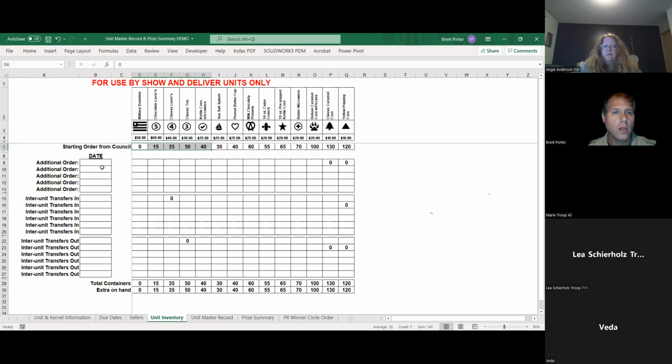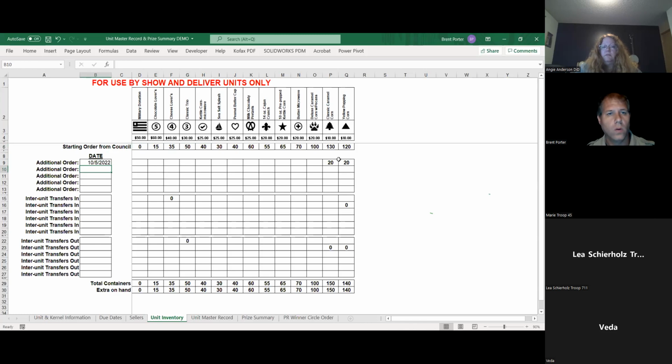Okay. Now we're going to assume that we're into the selling season on October 5th, that we had to put in an additional order because I saw that my numbers were getting kind of high. So I went in and I put in an additional order of caramel corn. Okay. That's something that you can do. You just need to reach out and put the order in with Linda. And we're going to say that we ordered the 20 classic caramel and we ordered 20 popping. So we're going to enter that in here.